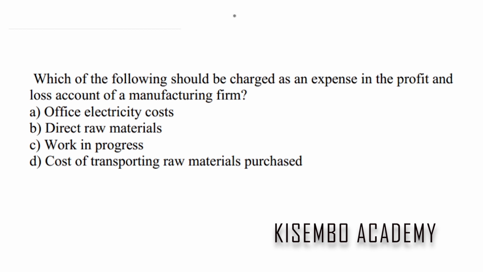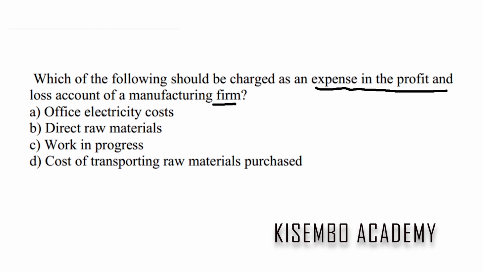These can include things like salaries, any kind of costs that cannot be directly traced to the production of a product. Those are indirect expenses, and those are the ones that we put in the profit and loss account of a manufacturing firm. So in this question, they're telling us to know which of the following should be charged as an